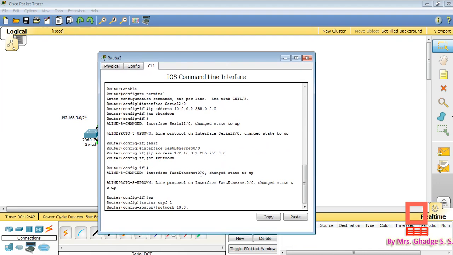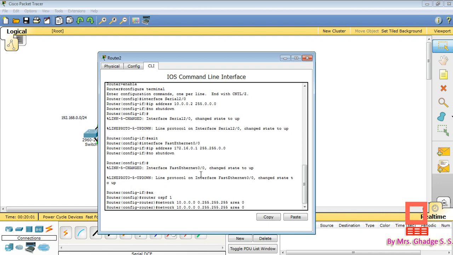So here we write 10.0.0.0, then the wildcard bits 0.255.255.255, then space area space 0. Okay, so this is the first network command.